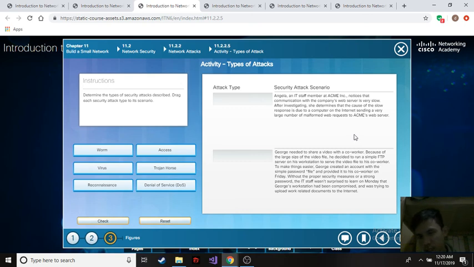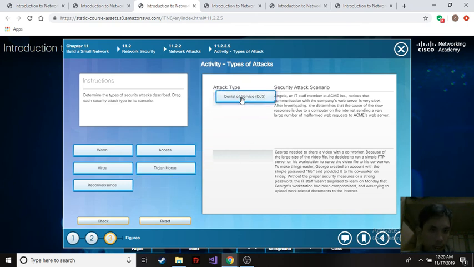So I think the attack type should be denial of service, since there is a slow response and a computer on the internet is sending a very large number of malformed web requests. It should be a denial of service. So next is